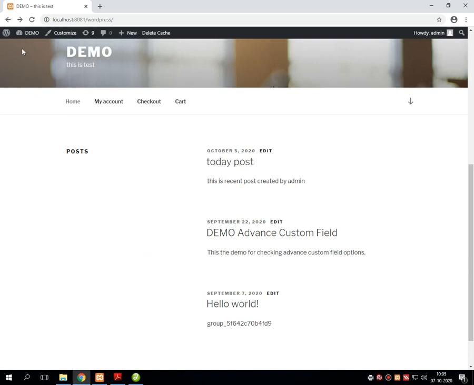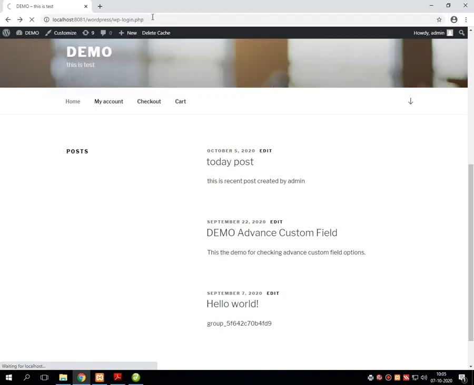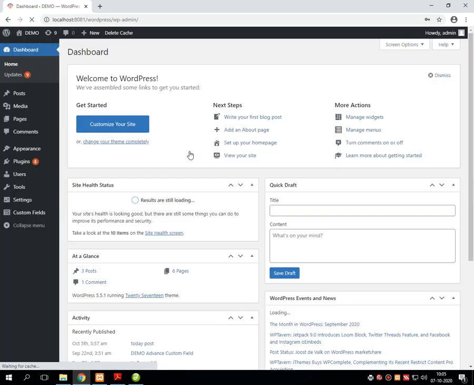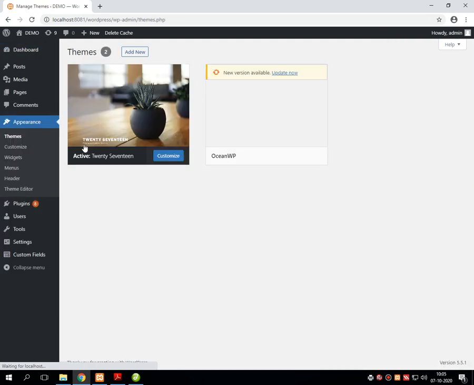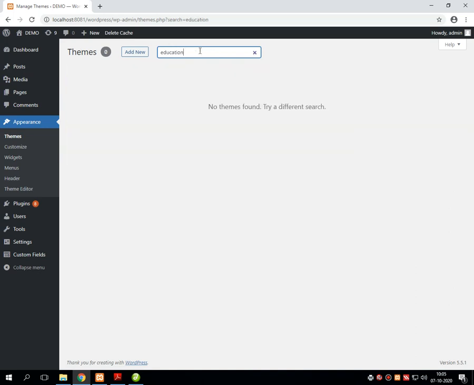Let's go back to the dashboard. Log into WordPress. Go into appearance and themes. Search for some theme like education. Education contains some categories, that's why I'm telling you.